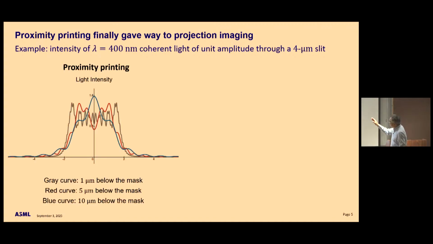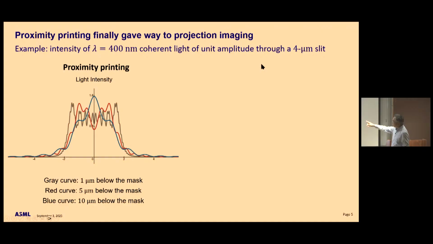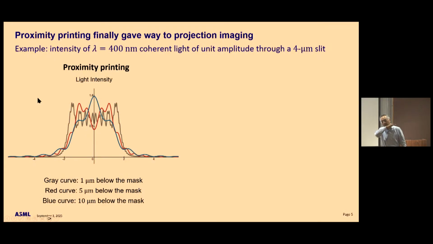Okay, so the example is, let's shine a lambda equal to 400 nanometer UV light through a mask, imaging a slit. A slit is 4 micron, a wide slit, right? And the gap is 1 micron, 5 micron, and 10 microns. And this is the kind of aerial image that you get, okay? As you can see, this is almost at the limit of the resolution of proximity printing. Why? Because you really cannot control the gap very well. If you can control the gap perfectly, then it's fine. But you can't, because first, the control mechanism itself wasn't very good, but also the wafer is non-flat,